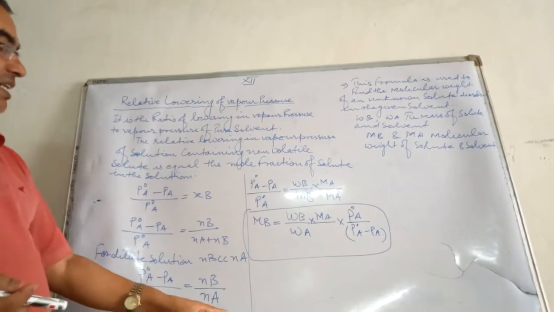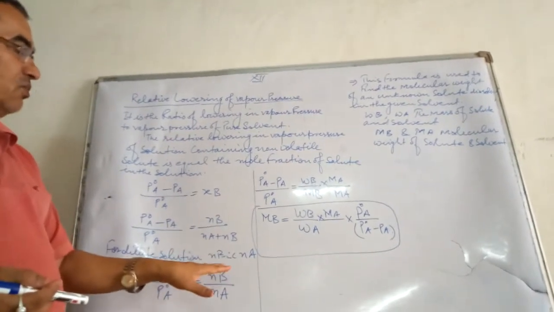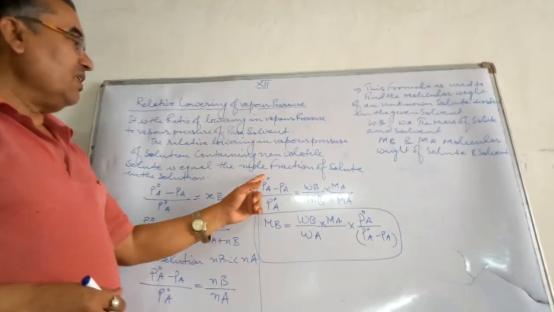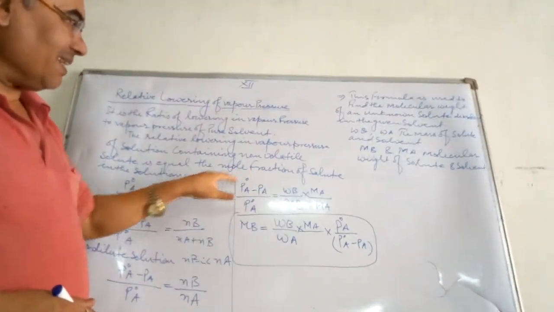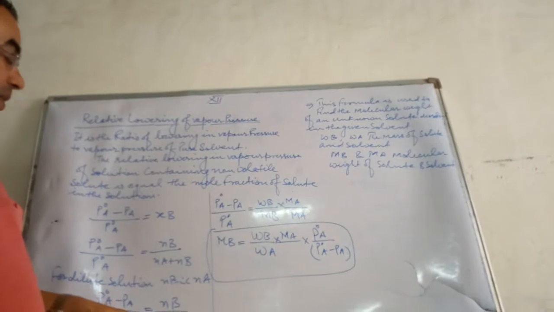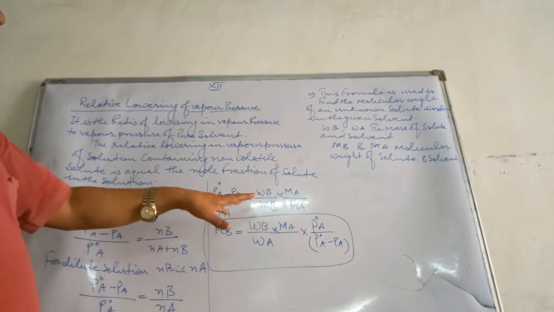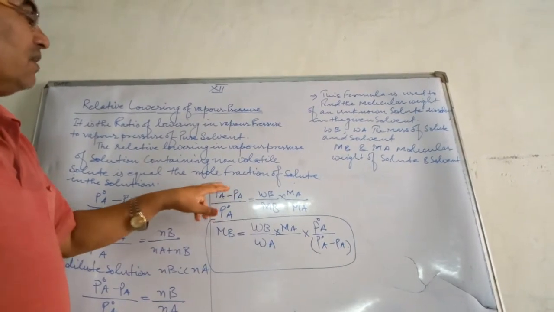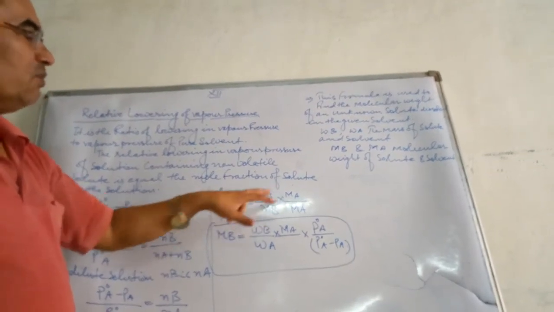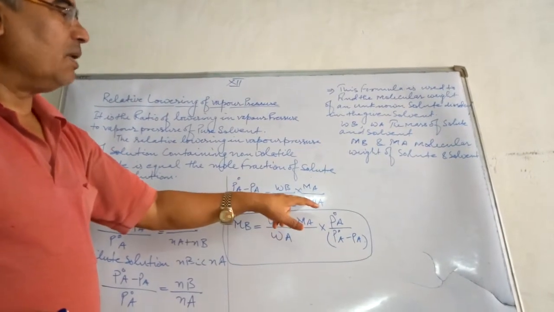Because in the denominator we have already ignored NB due to the very dilute solution. So overall the formula will be (P0A minus PA) upon P0A. This is the relative lowering, and this will finally be number of moles of solute upon number of moles of solvent. So this is expanded here: (P0A minus PA) upon P0A is equal to WB, weight of solute, upon molecular weight of solute, into molecular weight of solvent upon